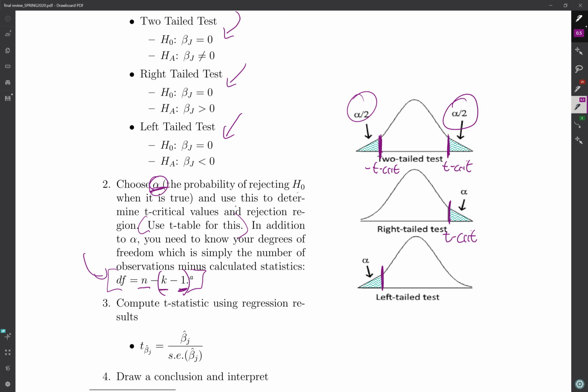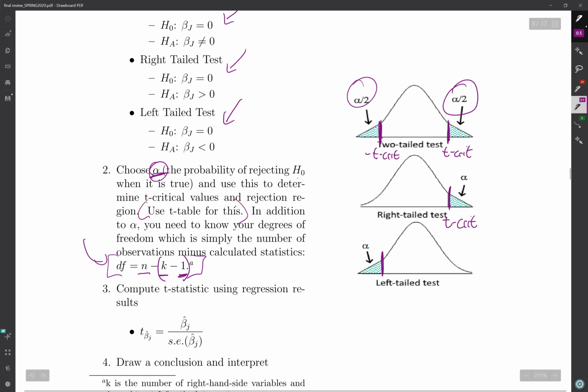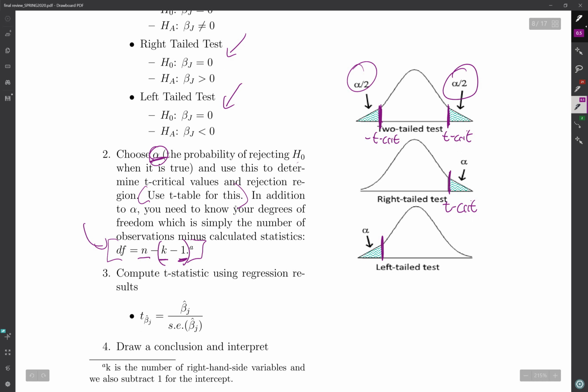And I would suggest always drawing this out. Third step, reminder: we're going to compute the t-statistic, and this is going to be using regression results. Okay, so we've got this beta j